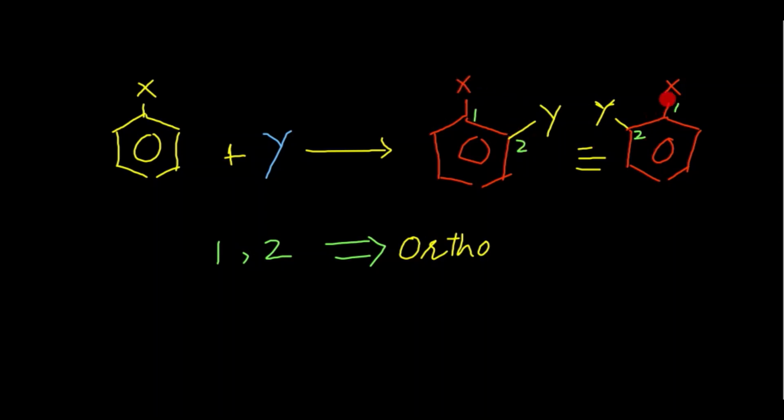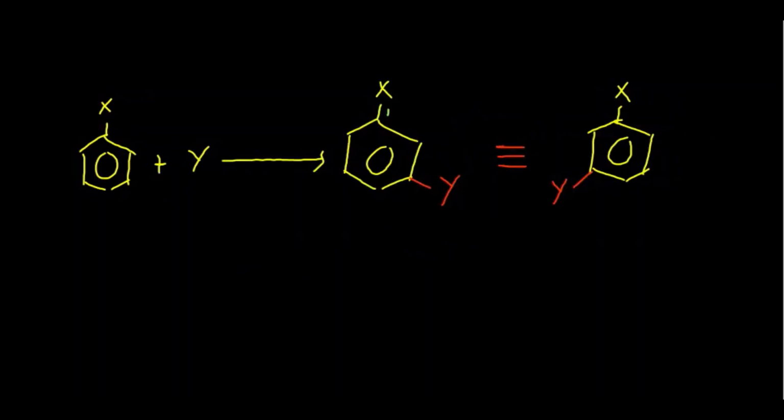Similarly here, X and Y both are present at the ortho position. X is present at the ortho position of Y, right, and Y is present at the ortho position of X, since position 1 and 2, they are ortho position. You can notice, in this case, what is the position of X. First of all, we will do the numbering, right? We do the numbering to show the position of X and Y at the benzene ring, right? Here you can notice the position where X is present, right? This is in the monosubstituted benzene, that is carbon number 1.